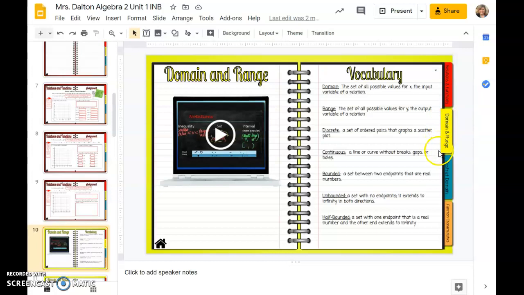A couple of other things that are just kind of fun. See how I made the tab stick out when I'm on that section, just like it would in a real notebook. I also made the background match the color of the tabs, and that's just kind of something fun that I did. But these are linked. If